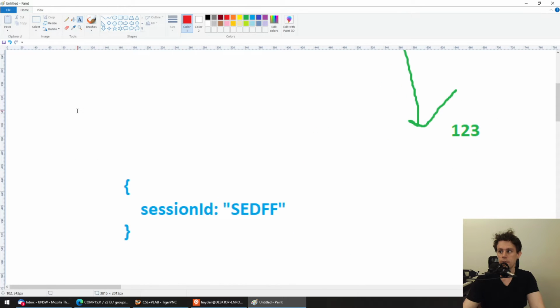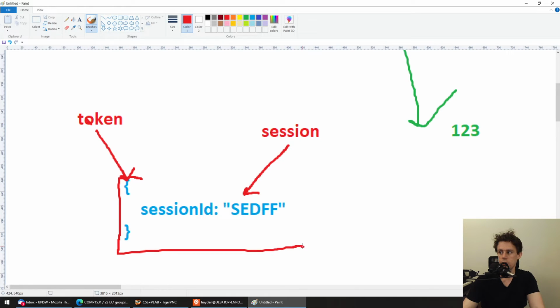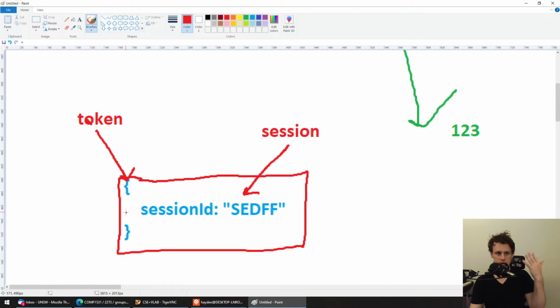This is the token and this is the session. The session is just the data inside here, but the token is the object. The token is the whole package of information, but typically your package of information will just include the session ID anyway. So it's easy to talk about them as the same, and your tutors, frankly, will probably talk about them pretty similarly. They'll say, oh yeah, the session and the token, but formally the token is